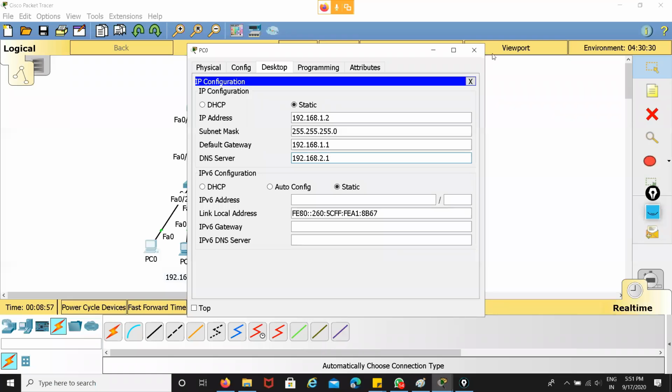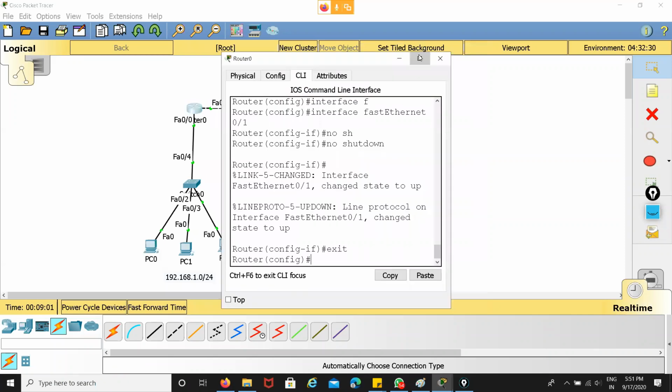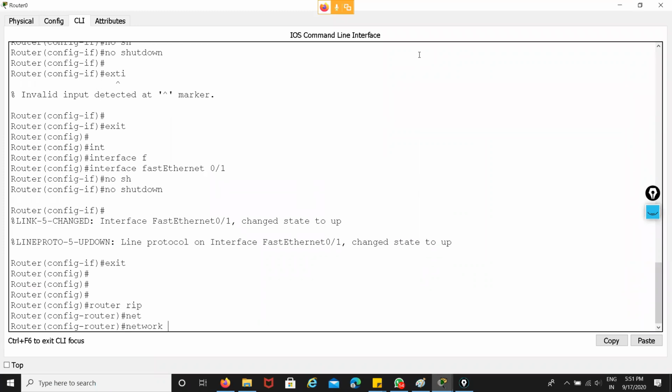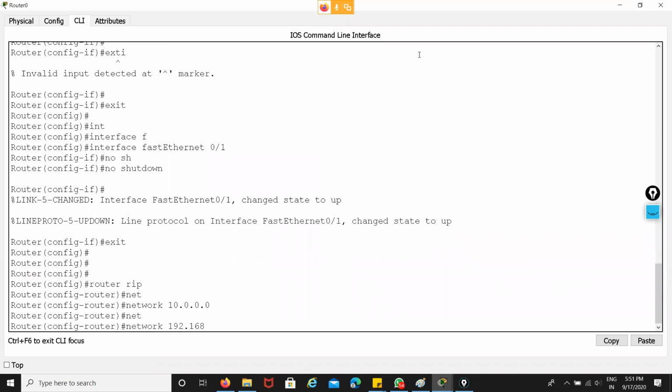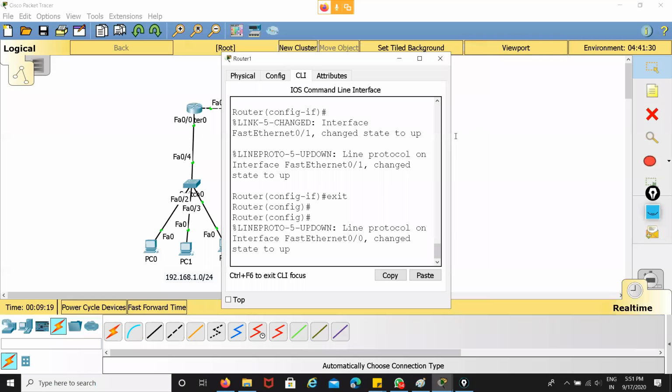To make them reachable, I use the RIP protocol. Router RIP, network 10.0.0.0, also network 192.168.1.0. That's it. And on the other router, I simply use RIP to make them reachable.